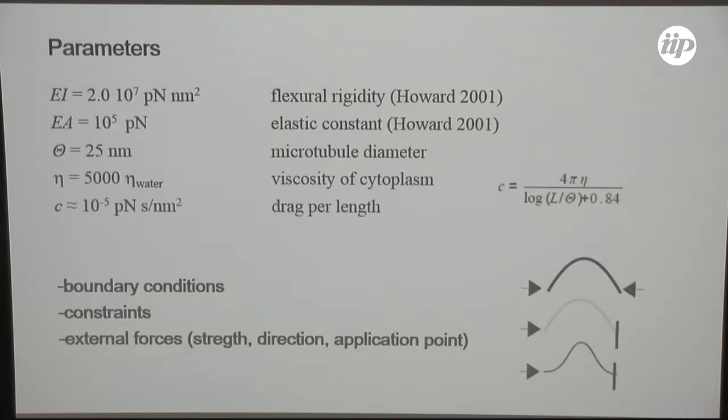So the parameters that we used for the model were taken from the bibliography. As I said, of course, these energies depend on the Young modulus. E is the Young modulus. A is the transversal area of the microtubule. I is the second moment of inertia. And EI is called the flexural rigidity because it's the parameter that tells us how difficult it is to flex a beam. So these are the typical